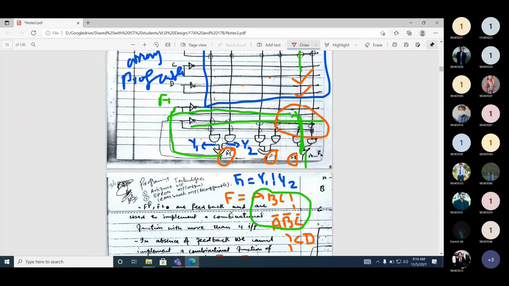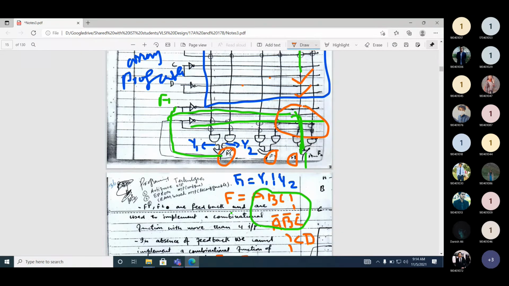With this OR gate, how many inputs are there? 2. When there are 2 inputs, it can implement a SOP expression of 2 minterms. Similarly, let's assume this F1 has an OR gate, and the number of inputs to this OR gate is 6. Then it can implement 6 minterms.